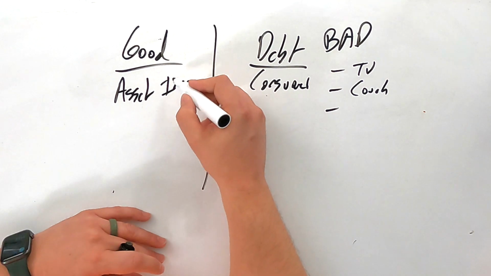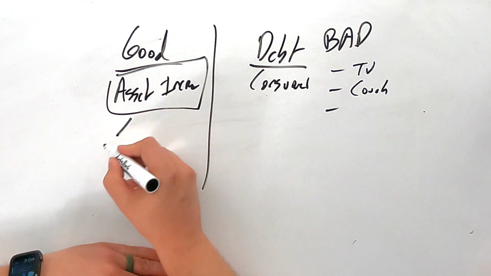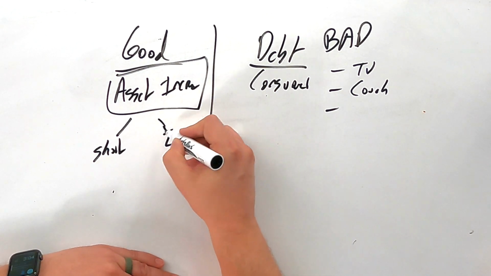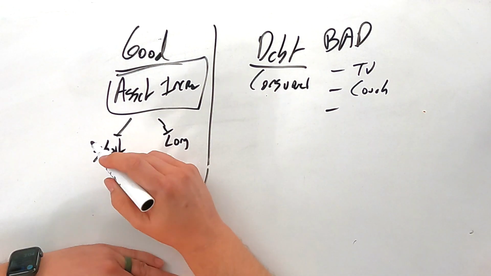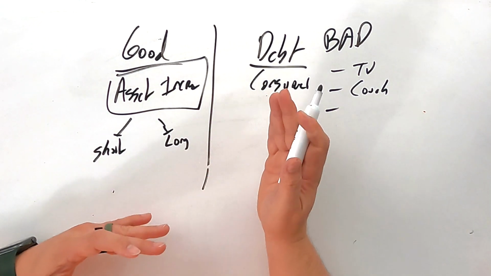Now, good debt is if we're investing in an asset. But I want to break that up. We've got short-term and we've got long-term investments, right? So depending upon if you're doing a fix and flip and those types of things, that'd be a short-term versus doing something that's a long-term hold. So anytime we're dealing with something that has to do with an asset, i.e. real estate, we're dealing with good debt.